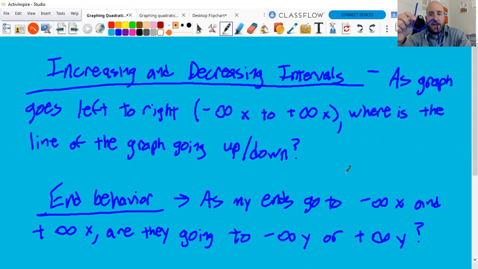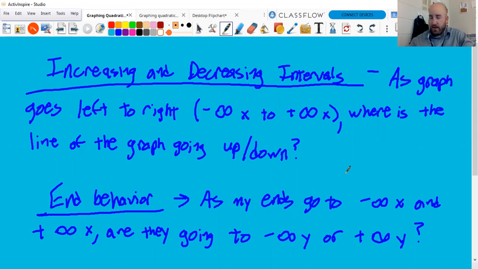Now, if I flip it, the left end is going up right here, and the right end is going down. I'm trying to move my head so you can see it. I don't know how much that helped. Okay. So again, we could talk about end behavior